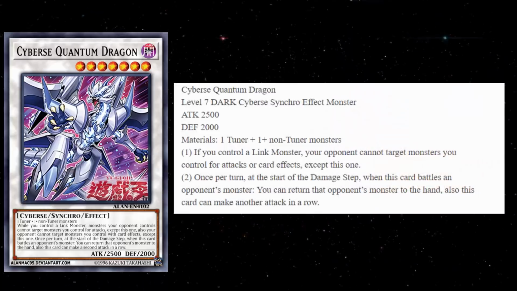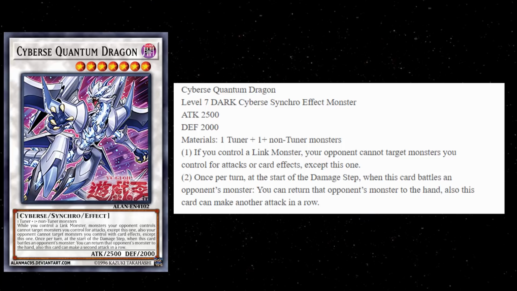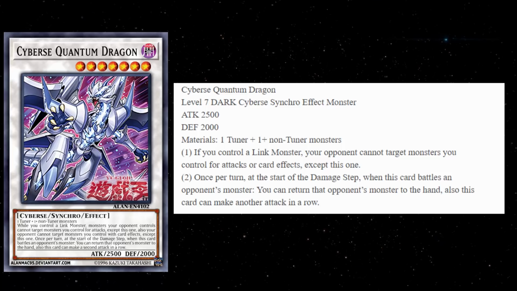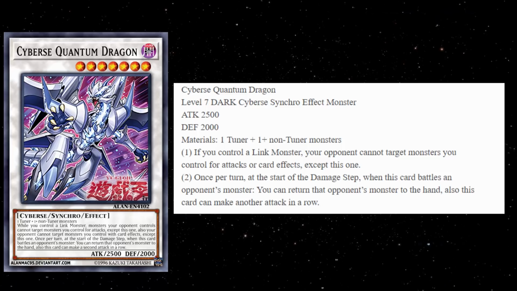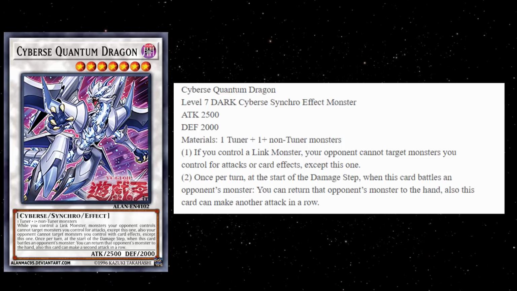Level 7 Dark Cyber Synchro monster, 2500 attack, 2000 defense. Is that Stardust Dragon? I feel like that's Stardust Dragon, right? Like 2500 attack, 2000. Anyways, as I said earlier, it is completely generic. It just requires one tuner plus one or more non-tuner monsters. Making a level 7 Synchro is relatively easy, so I think that a lot of decks will be able to